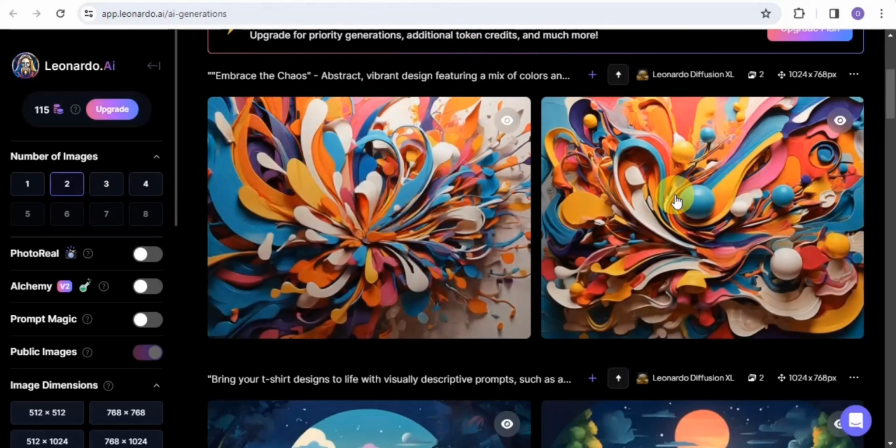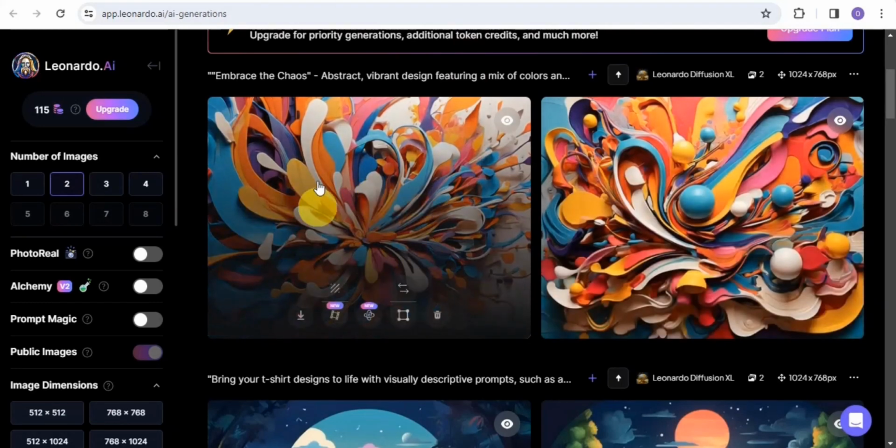As you can see, this is looking amazing. I can easily download this image right here and simply apply it on my t-shirt, and it's going to look so amazing right there. So guys, this is how you can easily get some t-shirt design prompts right here for your